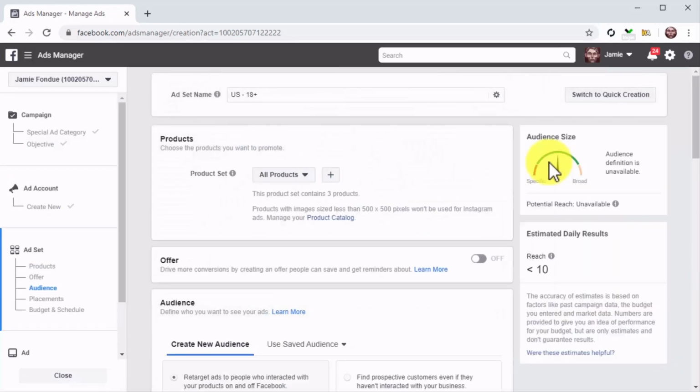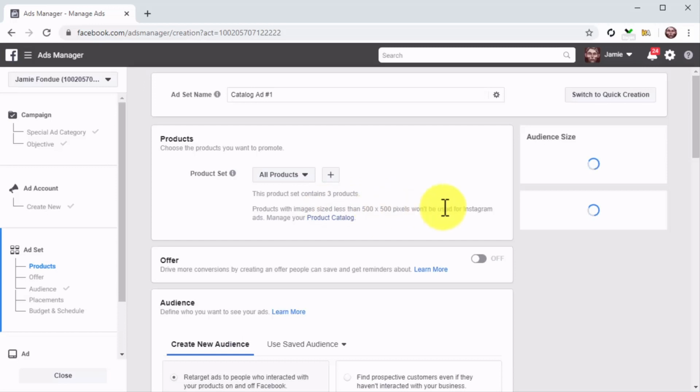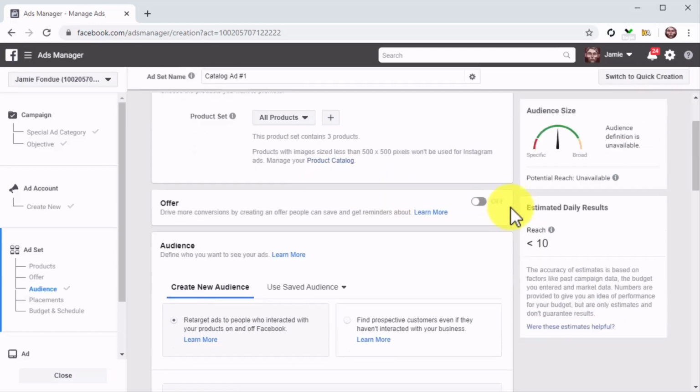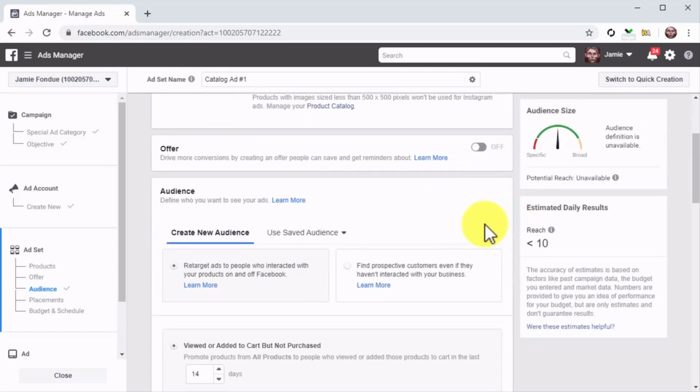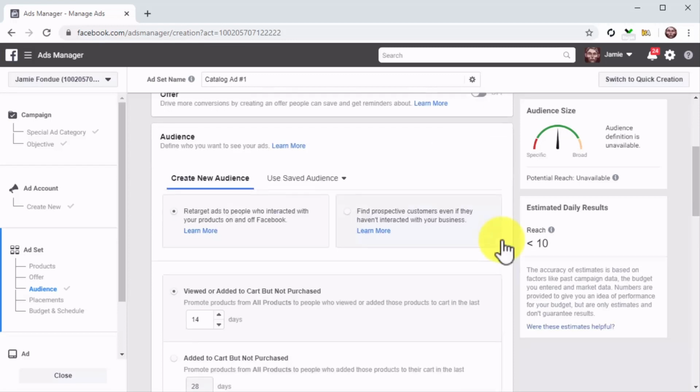Now you can start configuring the campaign. First, enter the name of this new ad set into the Ad Set Name field. Now click on the Product Set menu button to select the products that you want to promote in the ad. Now move to the Audience section to define your target audience. There are two targeting methods that you can use when configuring a catalog sales campaign. You can select to retarget ads to people who have interacted with your products on and off Facebook,